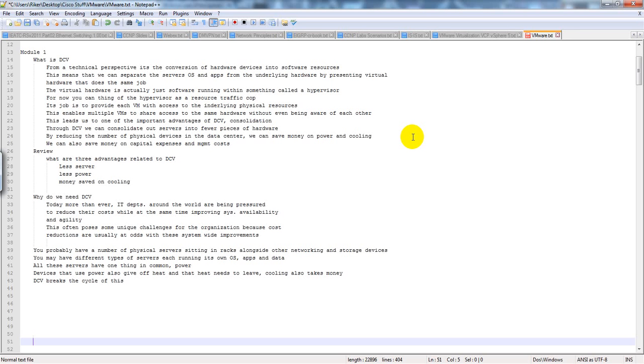So this enables multiple VMs. Oh, I'm sorry. Take a step back. Its job is to provide each VM with access to the underlying physical resources. So a hypervisor is going to allow you to give each guest operating system the necessary hardware that it needs to run, but it virtualizes it. So it allows it to give it to more than just one host or one guest. This enables multiple VMs to share access to the same hardware without even being aware of each other. It's a beautiful thing. This leads us to one of the important advantages of DCV, Data Center Virtualization, and that